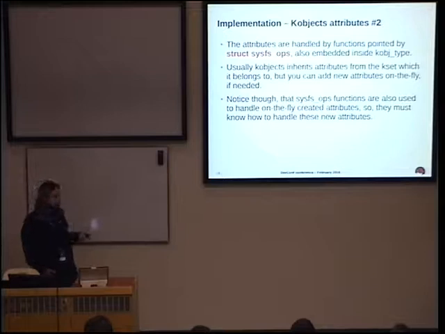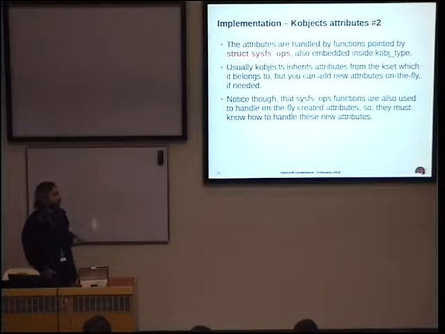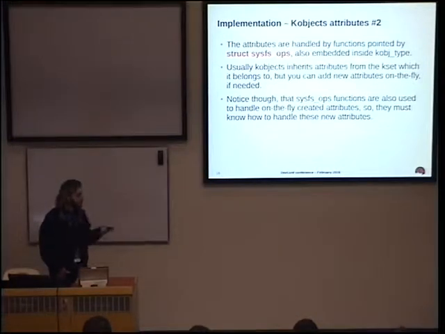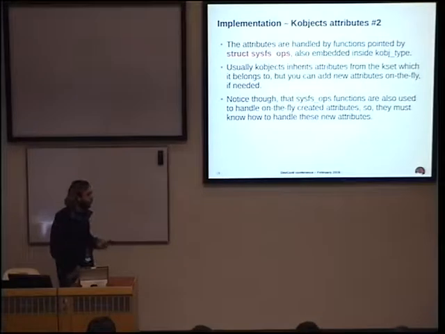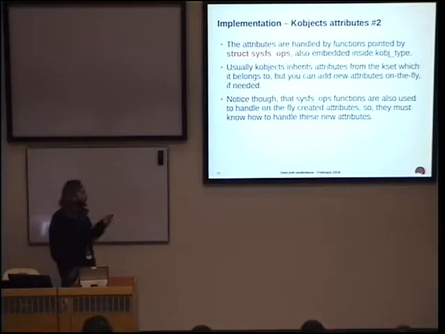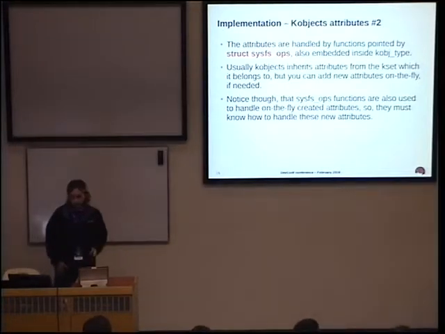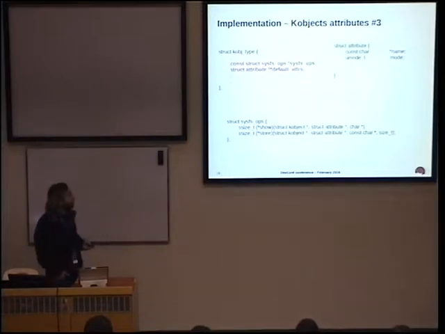So when you create a KObject, you have a set of default attributes, but any other attribute you create on the fly, for some reason, because it would actually be useless if you couldn't create non-default attributes for different devices inside the kernel, the sysfs operation functions must already know how to handle these attributes. So if you are planning to create a non-default attribute, these attributes should already be implemented in the functions. So this is basically the definition of